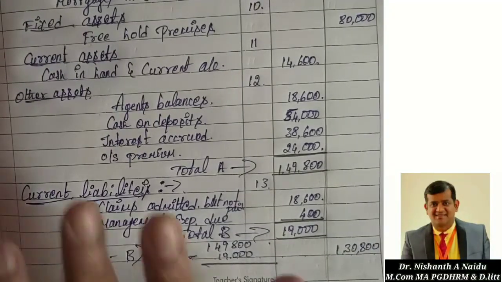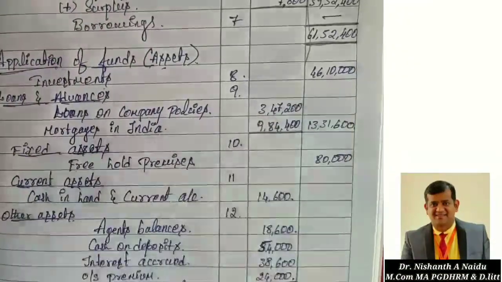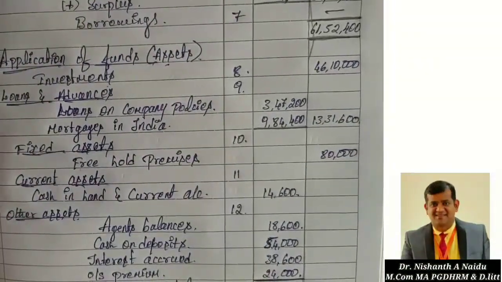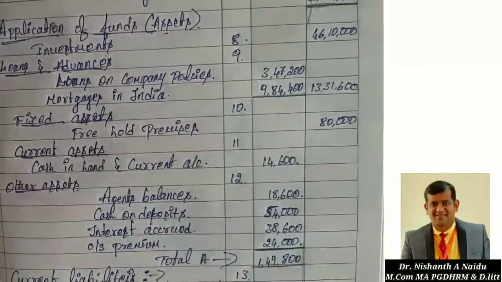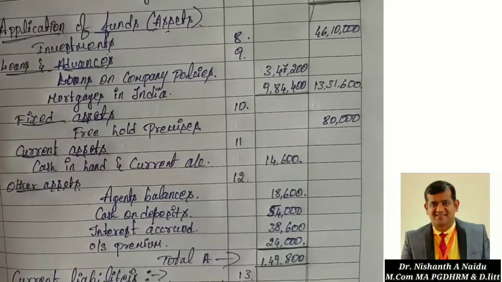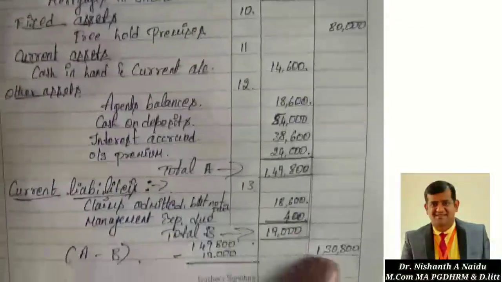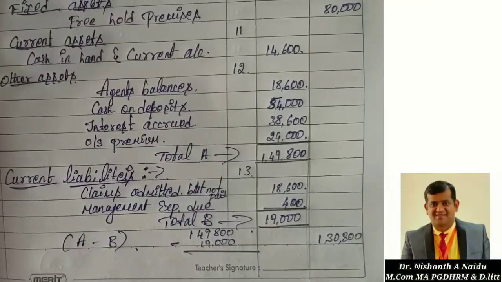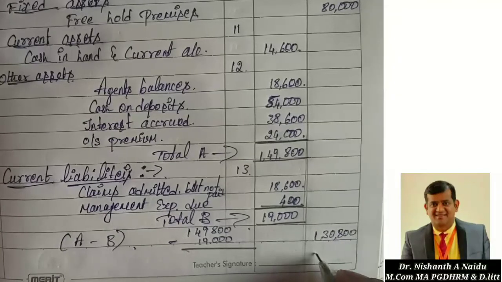Okay. So now total this. 46,10,000 rupees. 46,10,000 plus 13,31,600. 13,31,600 plus 80,000 plus 1,30,800. 1,30,800. So this together comes to